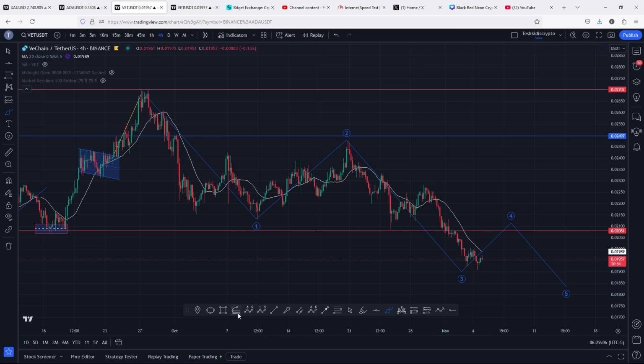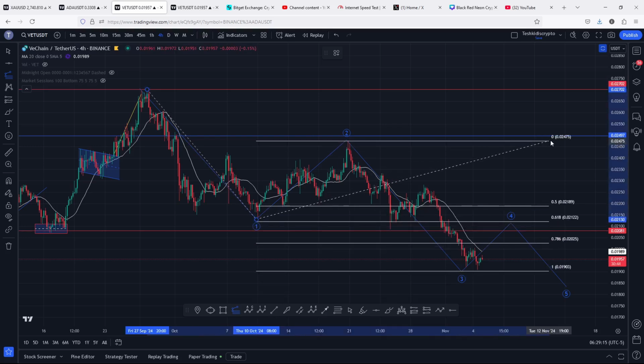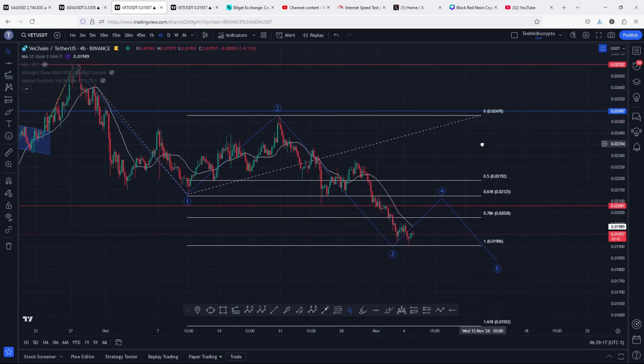whose minimum target areas I gave you on my last video by connecting the trend-based Fibonacci from the high of that Elliott count 1 to the low of the wave 1, then dragging the fibs to the high of this Elliott count 2, giving me a minimum target area for the third wave at the fib ratio 1:1, and that lies above the 0.01906, an area that we have now fully maximized,